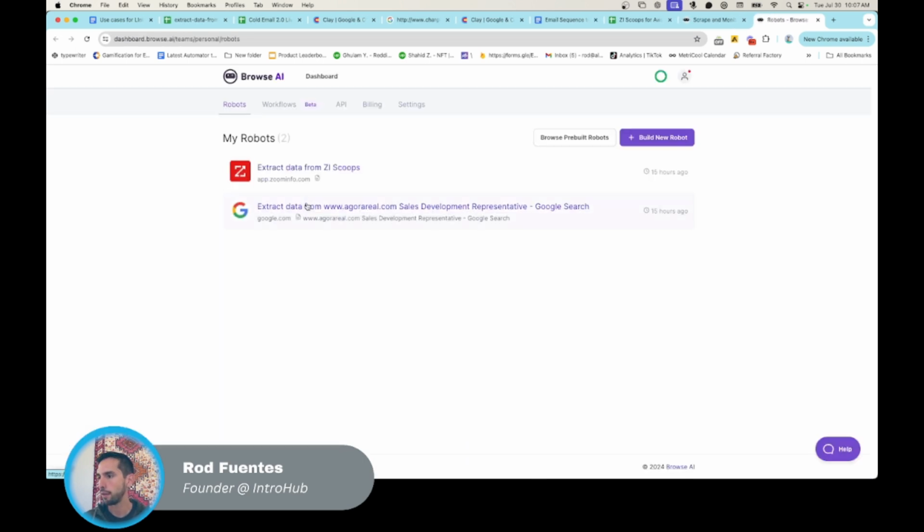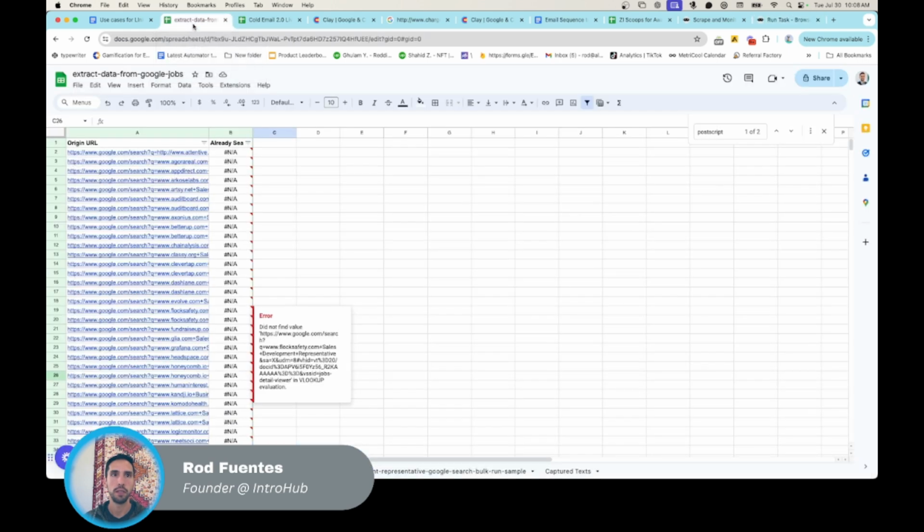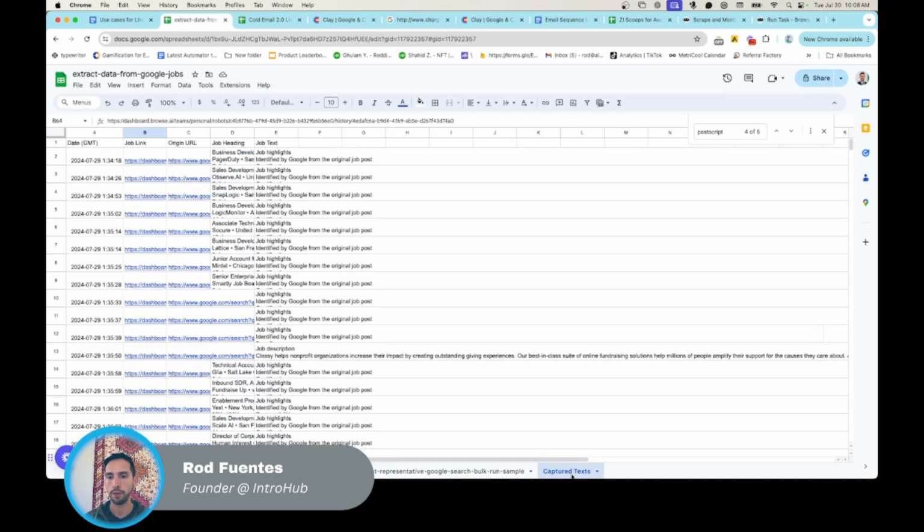And in here, I have a workflow where I have trained their robot to run a particular task. And the task is very simple. It will go open that URL and then fetch the data that I want, the highlights, the description. And what comes out of this is it automatically posts data back here under captured text. And so under captured text, what I have is the moment that it ran the job, the heading, and the